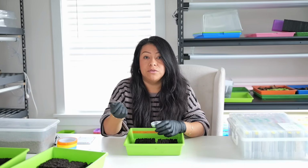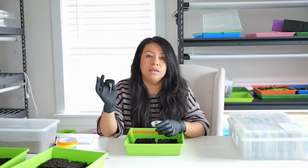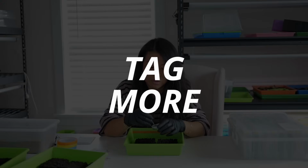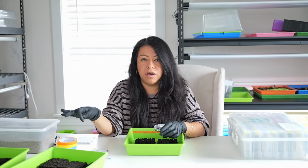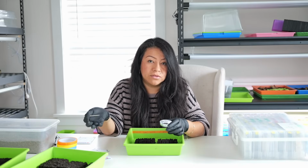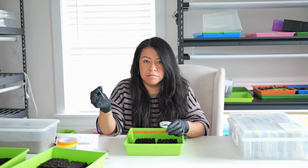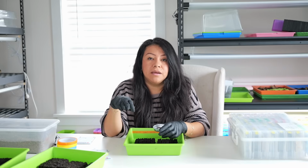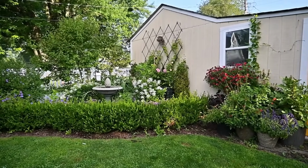The first thing that I am going to try to do better this year to make my garden successful is I am going to tag more. It's not that I don't tag most of the plants. A lot of the plants that I start here, they do have tags. I'm pretty good about recognizing things that if I forget to tag, they come up, they germinate, and I'm pretty good at finding what they are because I have the videos to go with it. But once they get outside, I don't really make it a point to tag the plants in